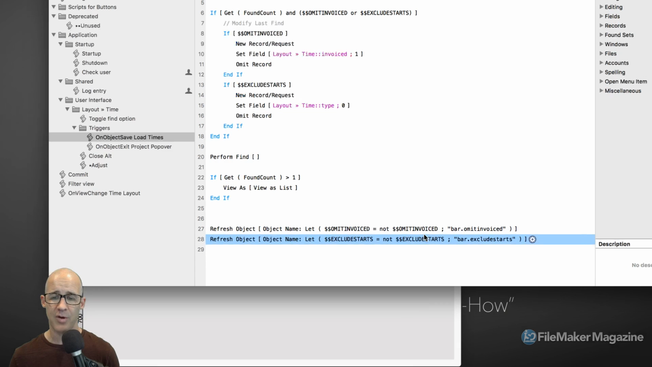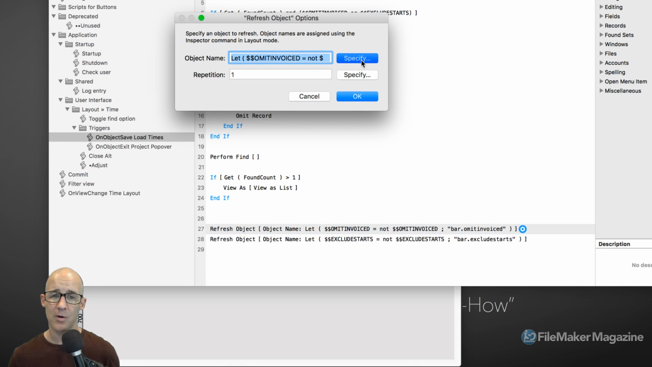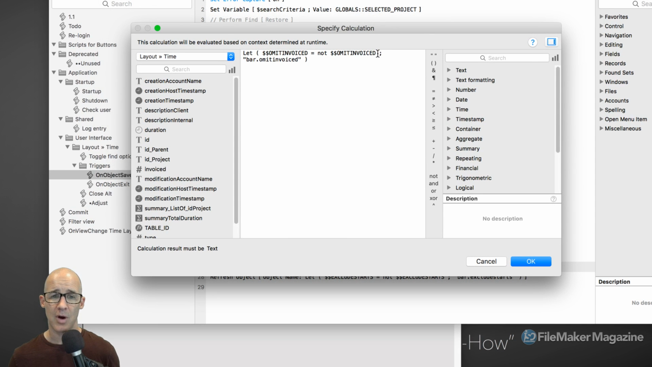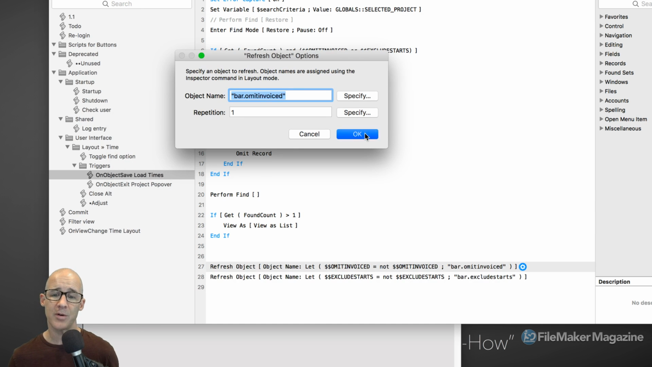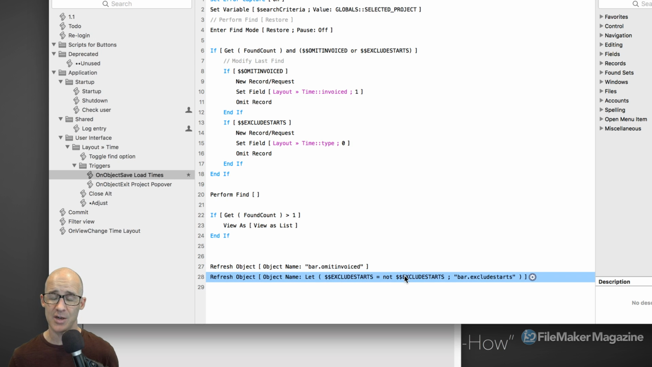All right, so let's see what we've got right here. This script is going to perform the find, and at the end of the script, it is going to refresh my bar omitted and my bar excluded, but I do not want the code that is doing the changing of the variables. So I'm going to strip that off right here